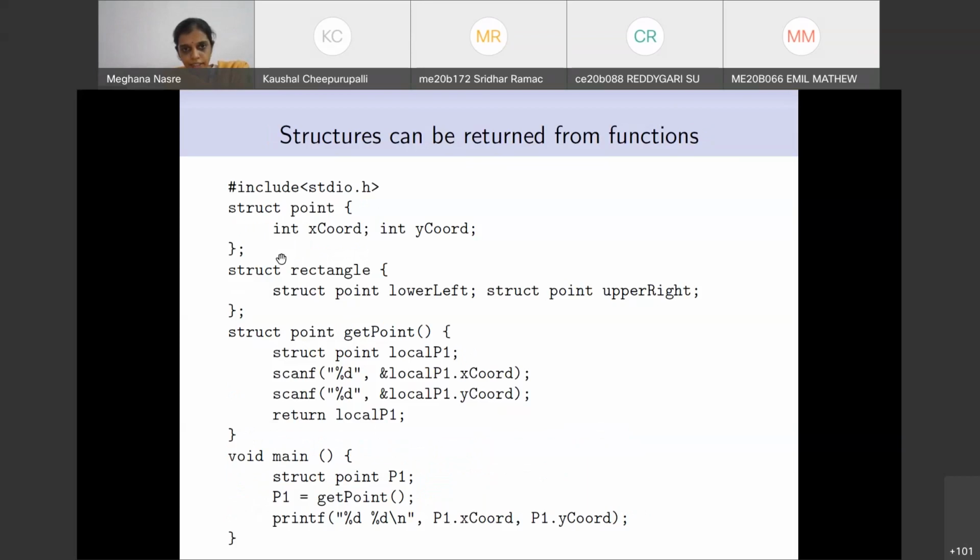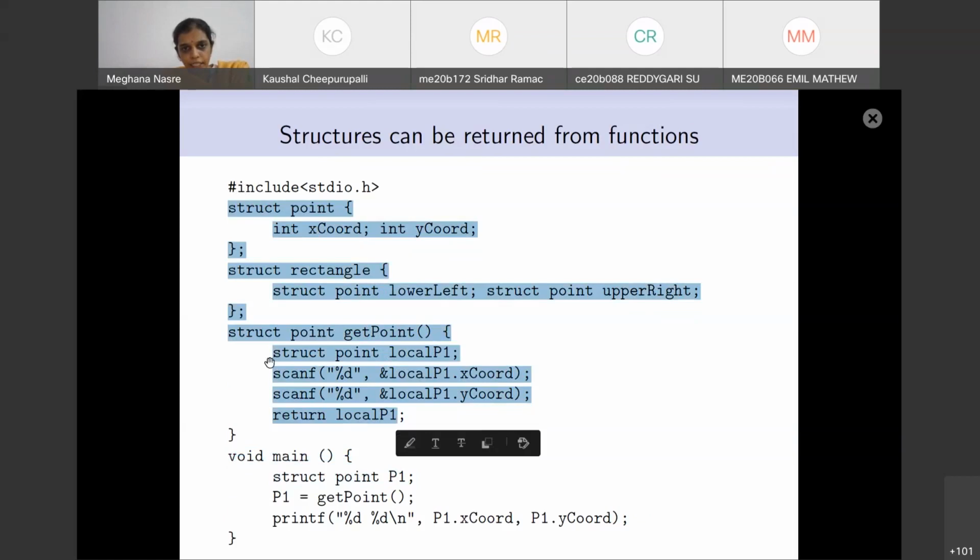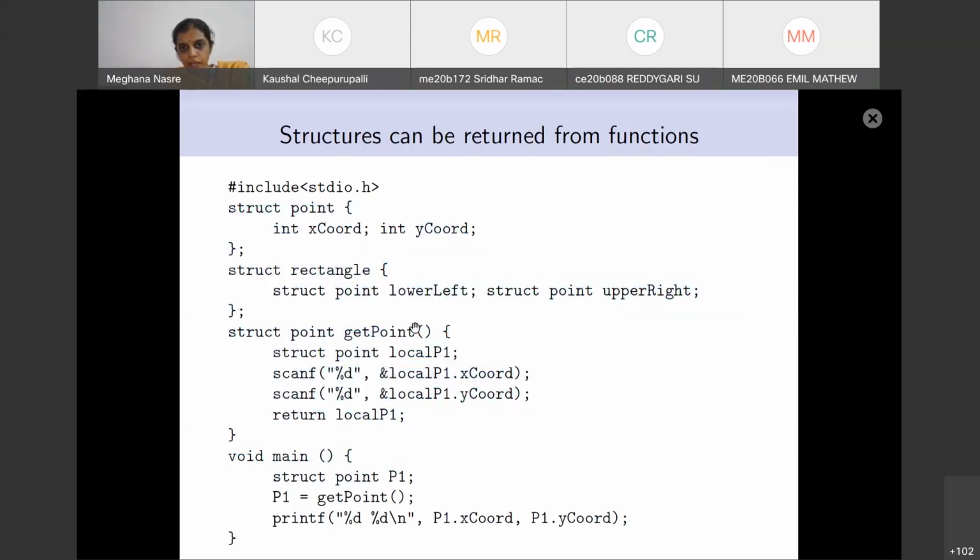So this is the complete program. We have the structure definitions appropriately, and please note that get point does not take any argument. In fact, it defines a local variable, and just for the sake of clarity, I have called this variable local P1. That is, it is a local point named local P1.